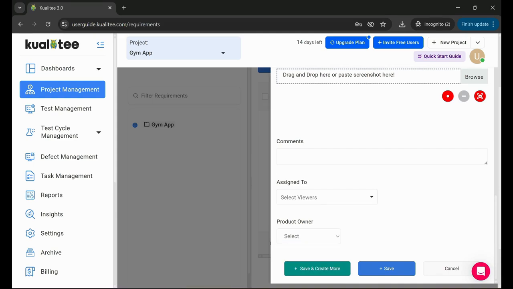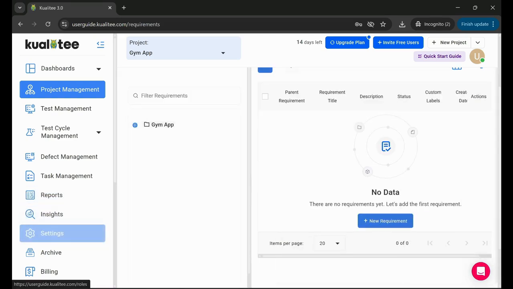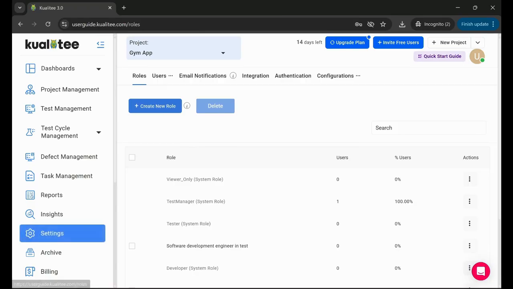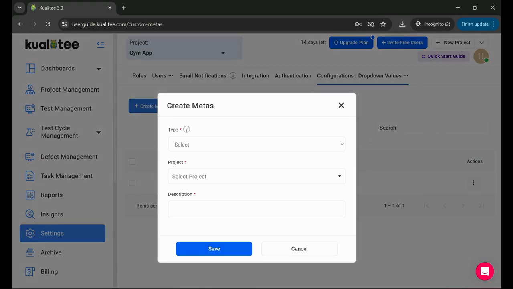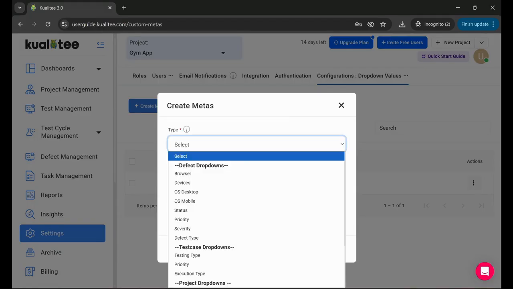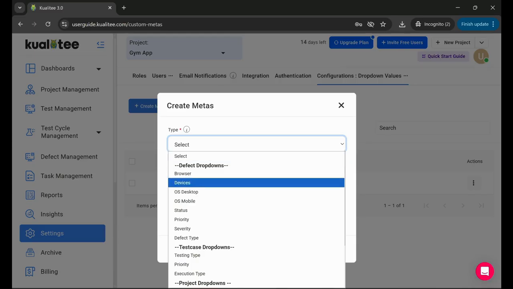Now let's cancel this and go back to Settings and Configuration, drop-down values. Here you can add custom values to the existing drop-downs throughout the tool. There are two ways to do this. The first is by clicking Meta. Select the file type you want to add a value to. Select the field type you want to add a value to. For example, severity,